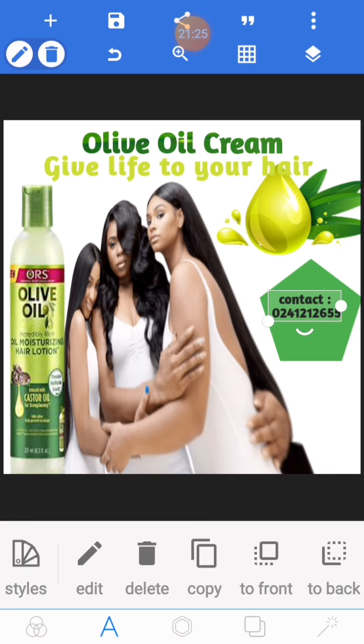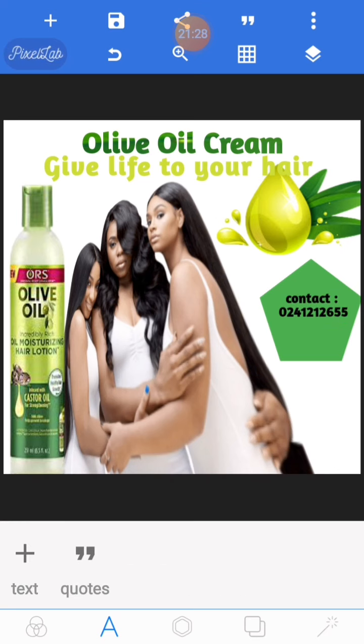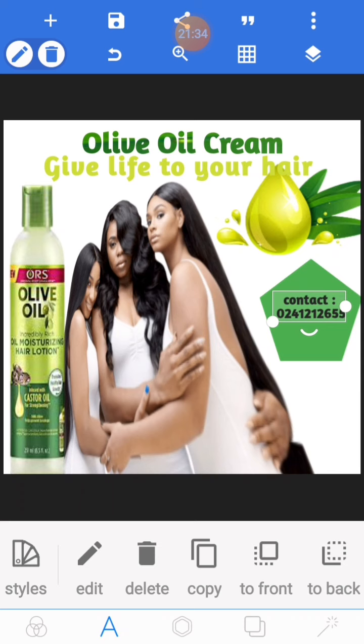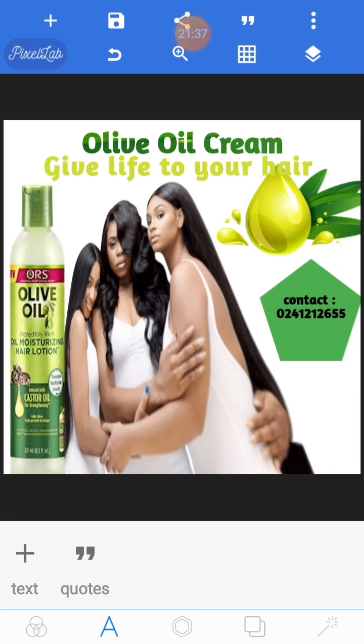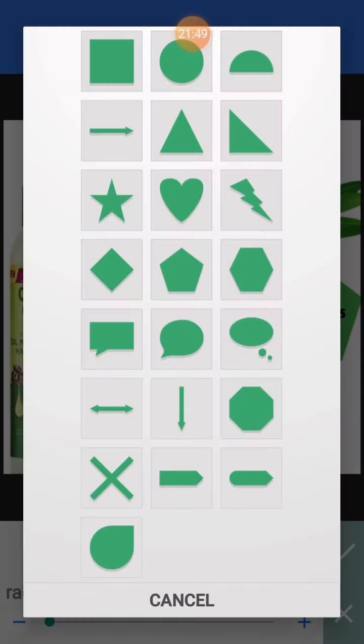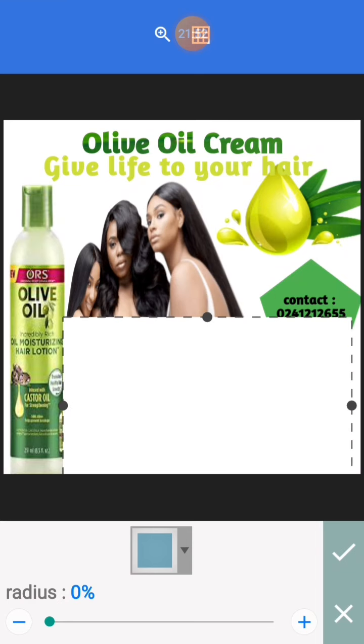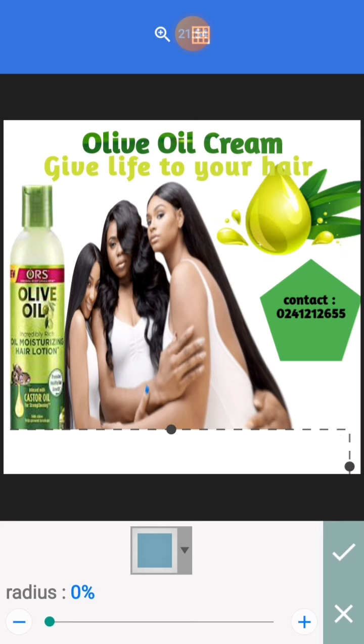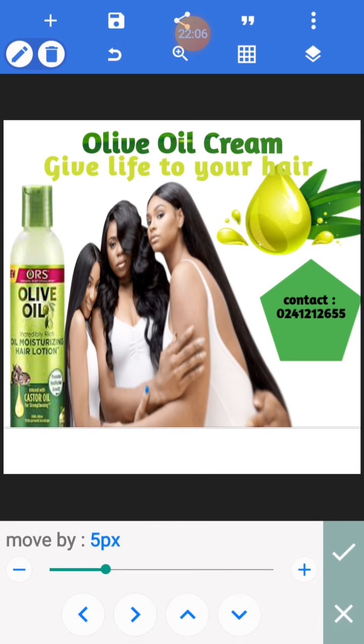so right here what I did was that I brought the shape here and I changed the color, and I also brought the text here and I just put it on there. So it is just a nice design that you can create. You can just add a lot of beauty to this. Anytime, you can just click here, come down here, click shape, take this rectangle, reduce it like that, then to this place, then adjust it here a little bit, then you have it this way, then also adjust a little bit, then you position it well,